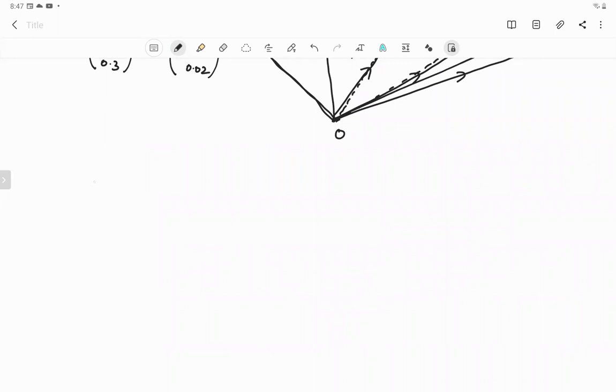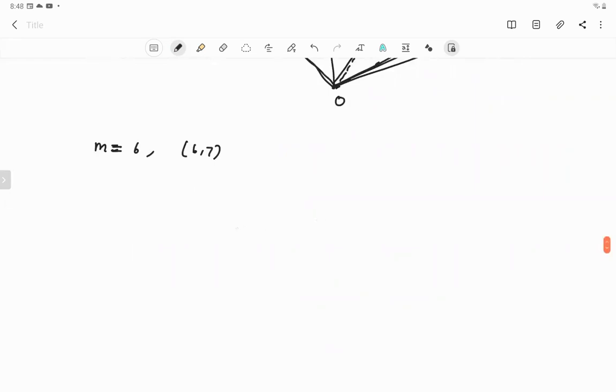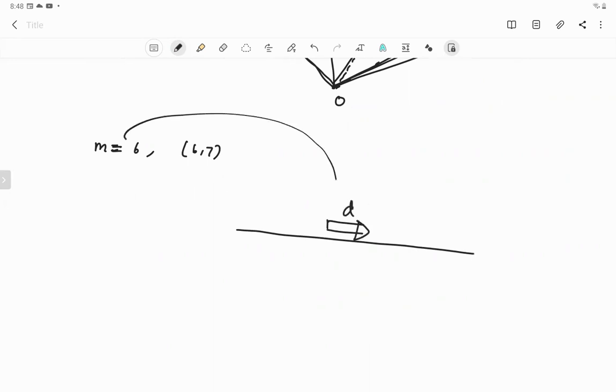You know, as in O level, you needed a gradient and a point in order to calculate the equation of a line. In A levels, you need a vector parallel to the line, which is called the direction vector, which is equivalent to gradient. And then you need a point on the line, and then you can find the equation of the line.